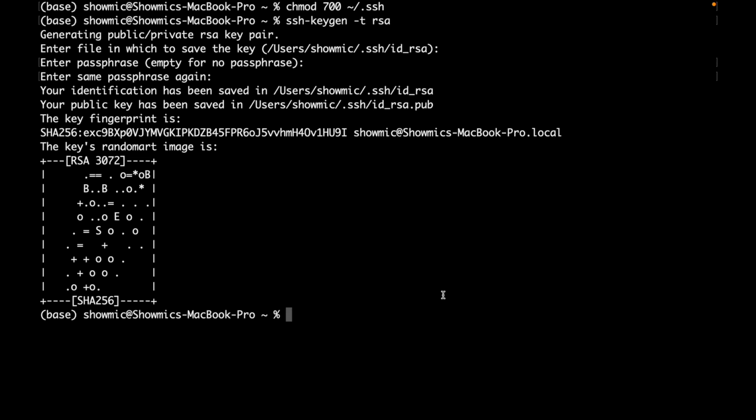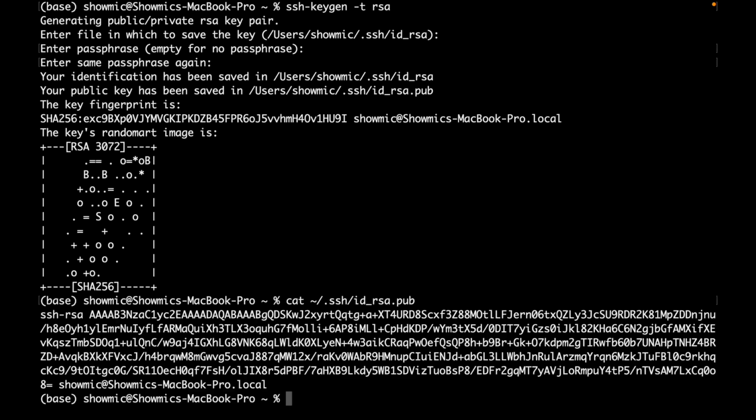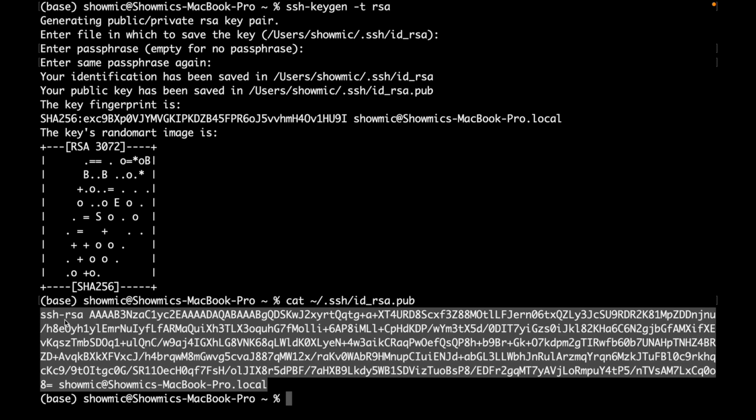And we need to upload the public key to our OSG Connect profile, and we can view the public key using the cat command, cat ~/.ssh/id_rsa.pub. If we press enter, we can see that the public key is shown in the terminal. Now we'll just copy the whole public key,